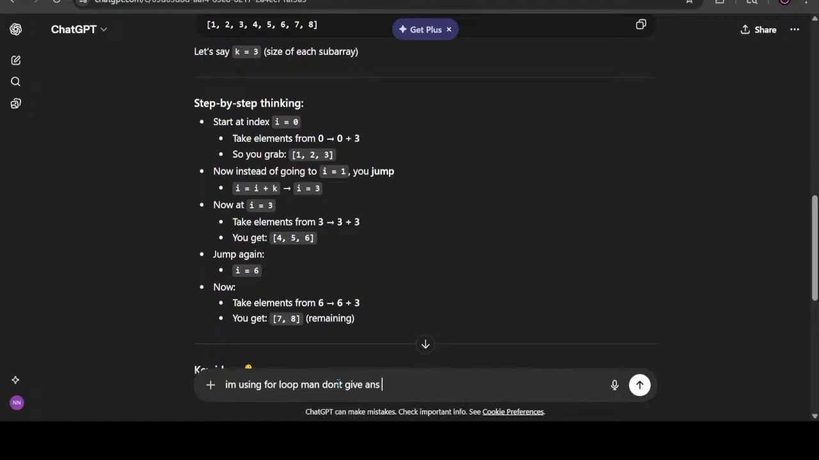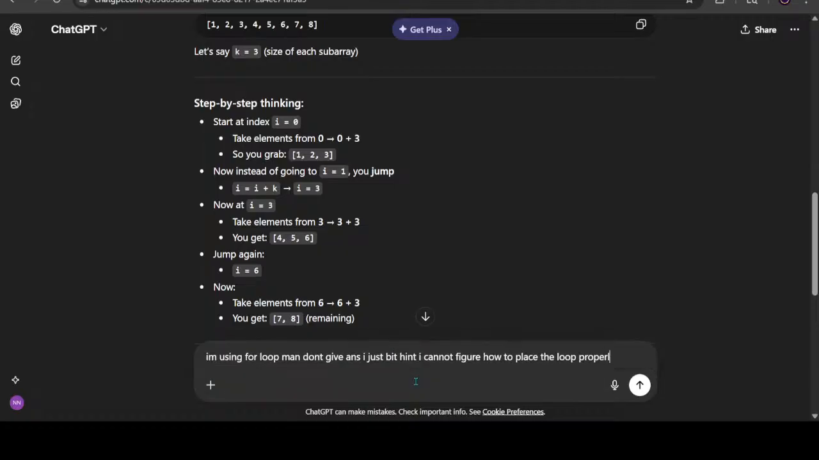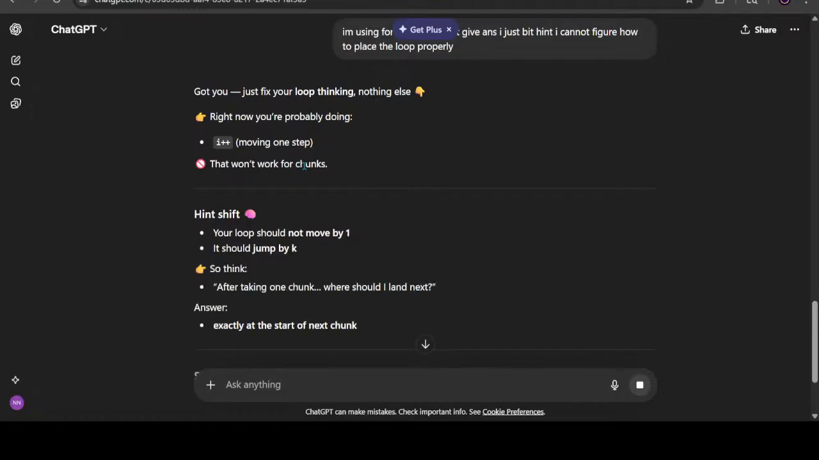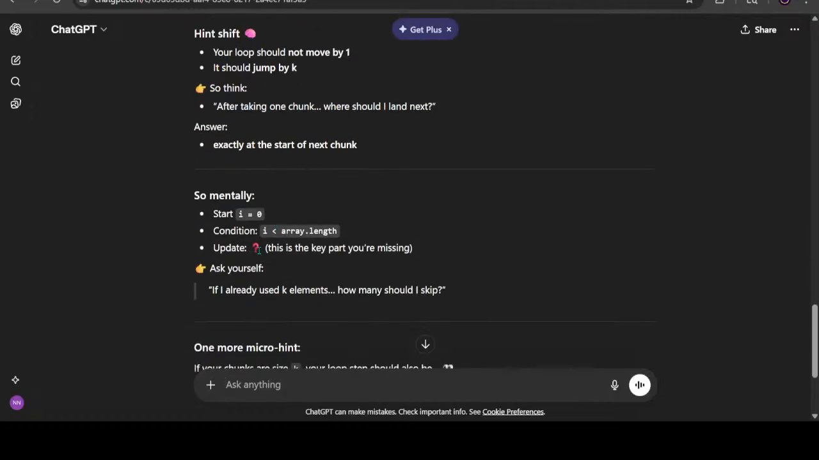Again, I have to mention it: don't give the answer, otherwise it will just give me the answer. And the whole point of doing it won't be served for me right now. I'm using a for loop, man. Don't give the answer. I can't figure out how to place the loop. Start 0 and condition this and